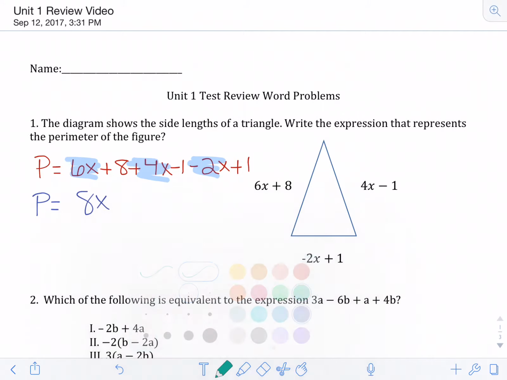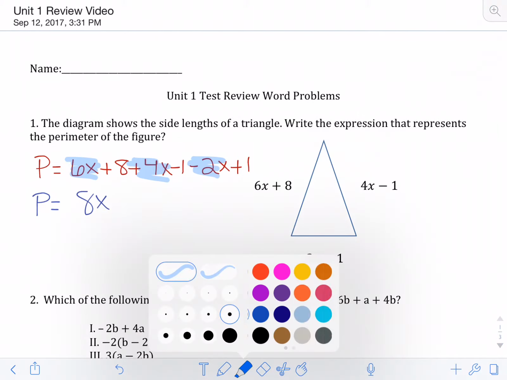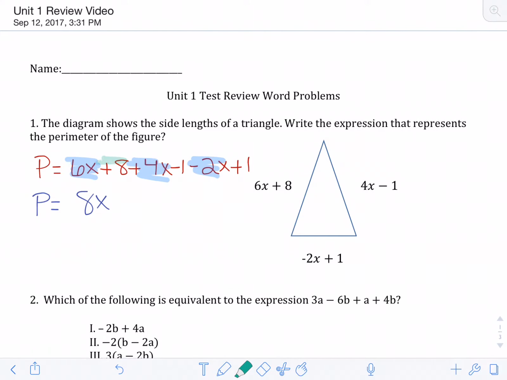And then I also have, let me color in my numbers here. I have 8 minus 1 plus 1. So 8 minus 1 is 7. 7 plus 1 is 8. So this here would just be plus 8. So my perimeter is 8x plus 8. Again, you can always pause this, watch it multiple times, however many times you need to watch it to get